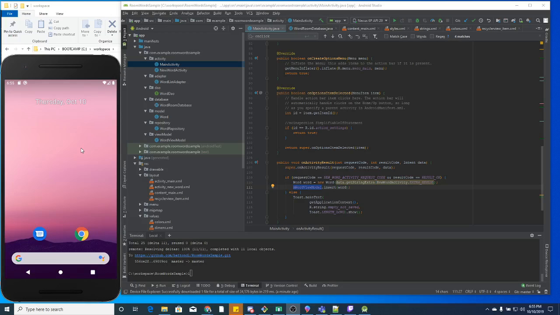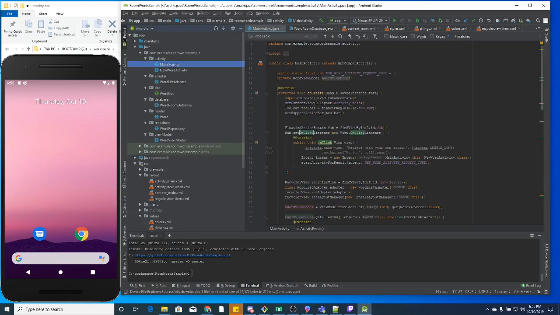And the extra thing that I added is the ability to click on the list of words and delete it from the database. So I usually have two separate branches, the master branch and then a my mods branch. I forgot to make the my mods branch this time, so we're kind of going to get all of it at the same time. So to start, the main activity,